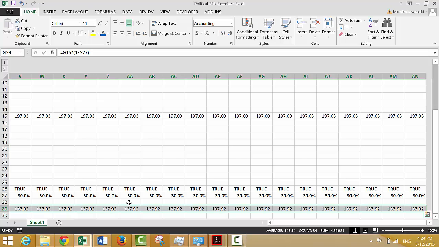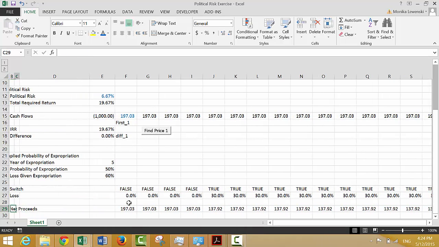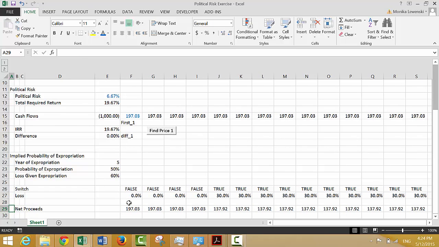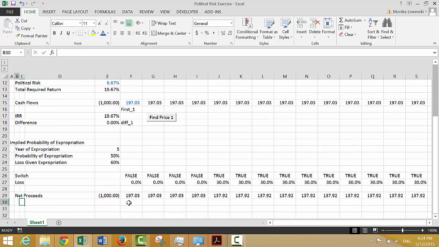Suppose you could maybe do the loss given expropriation a little bit differently and lose it all at one time, but I think this is good enough. And now we can also put how much we spent. Then finally we can put our realized